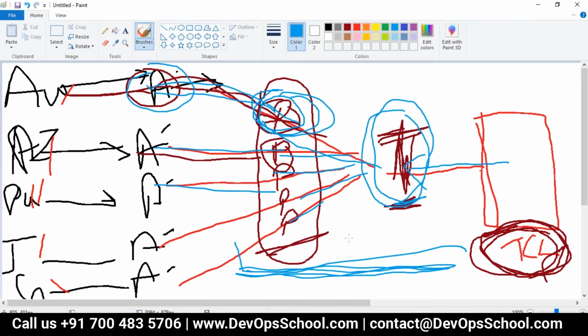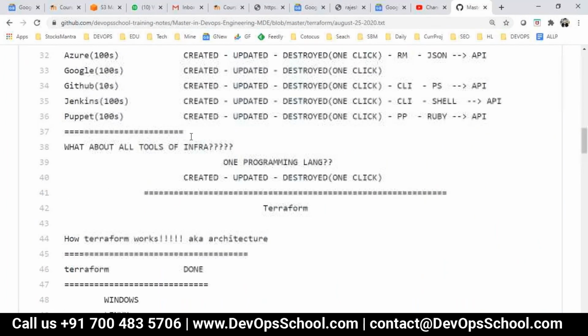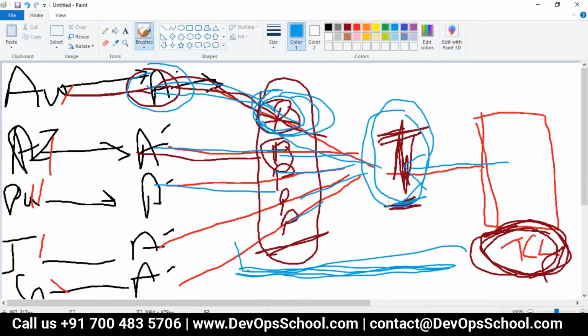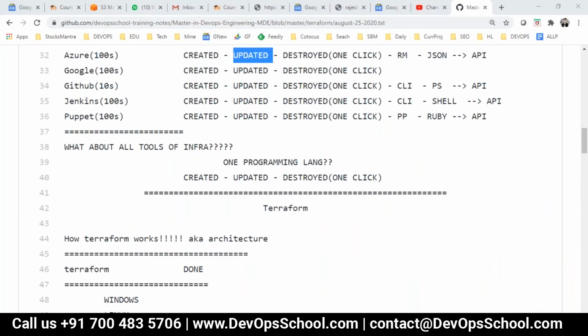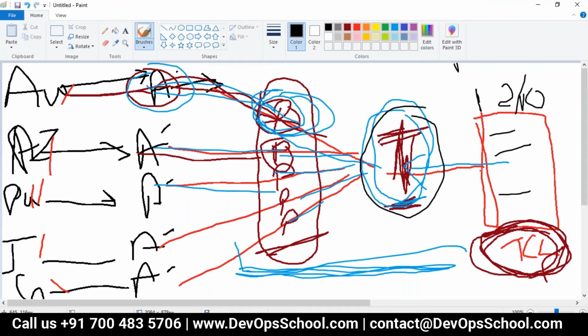Okay, so now understand this. Here I can create it. But how will Terraform come to know, next, this is the first version, okay? You created. But in the second option, you don't modify everything, just modify 2-3 resources out of 10 resources. So how will Terraform come to know that only those resources I need to update? This is called update. So what is Terraform doing for that? Whatever TCL script you send to Terraform, and whatever response they get, Terraform stores the output of the response in the state file.